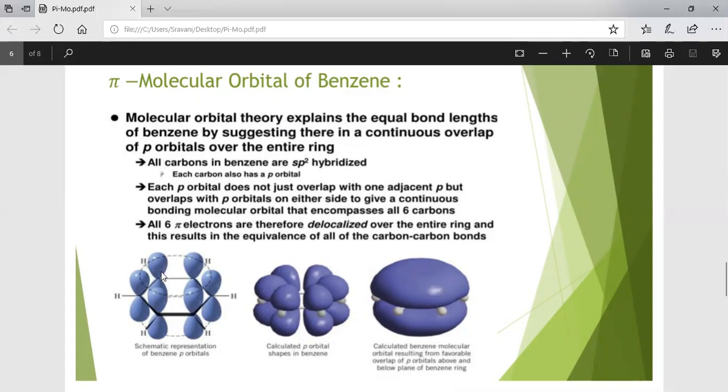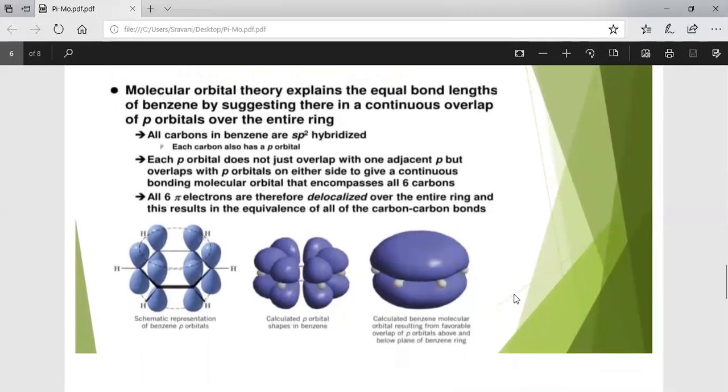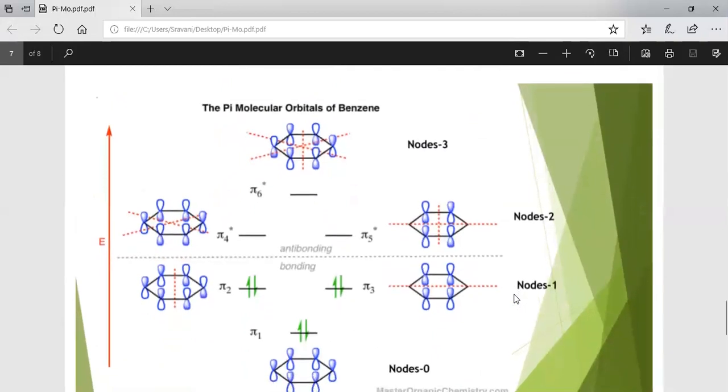So 6p orbitals. These 6p orbitals are associated with 1 electron each. So the total 6p orbitals are purely sp2 hybridized due to the presence of conjugated double bonds. And once again, I am reminding you, benzene is highly stable because of its resonance double bonds, which increases the stability of the molecule. And coming to,